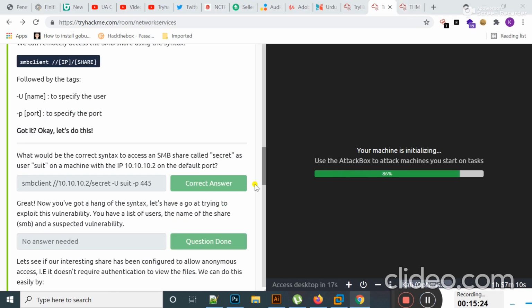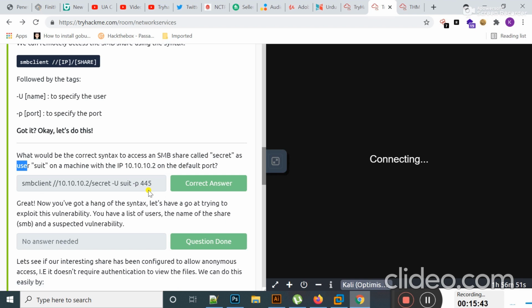Before moving to the terminal, here is a question that I should answer. What would be the correct syntax to access an SMB share called secret as the suit user on a machine with this IP address?